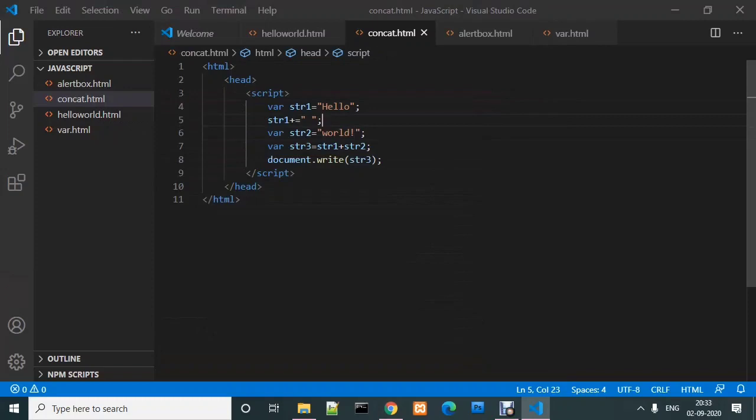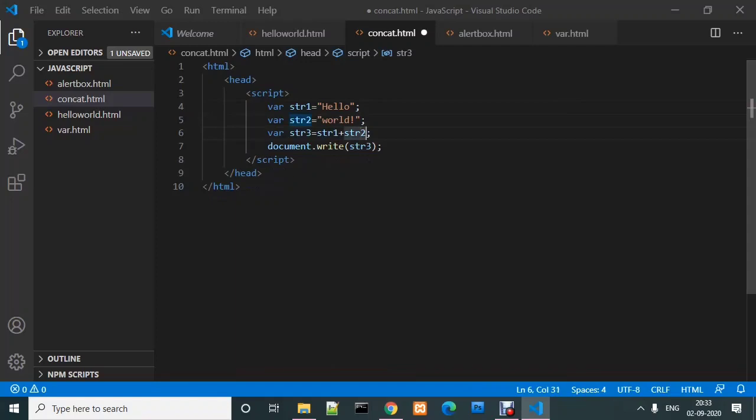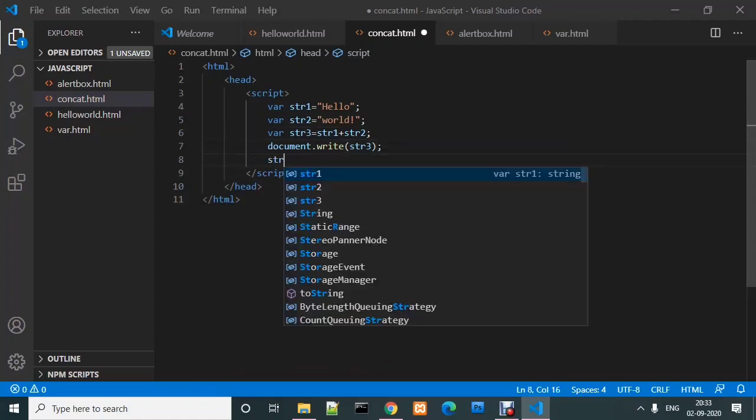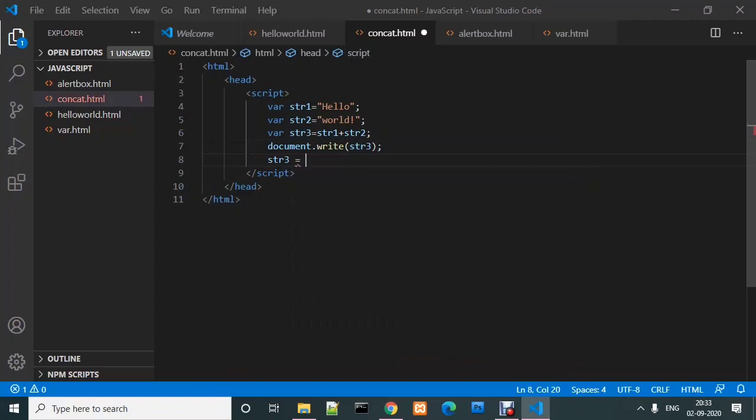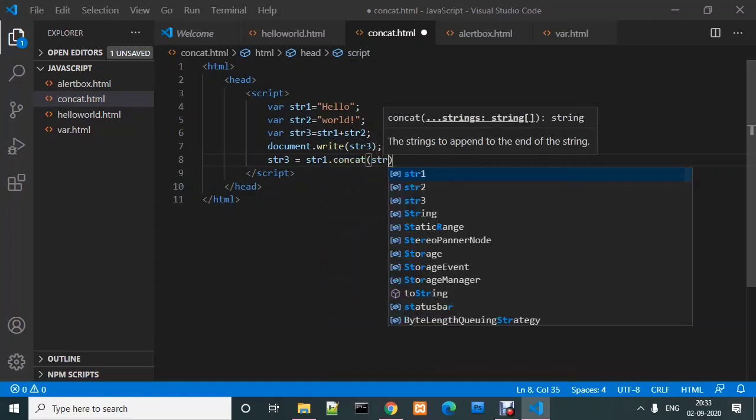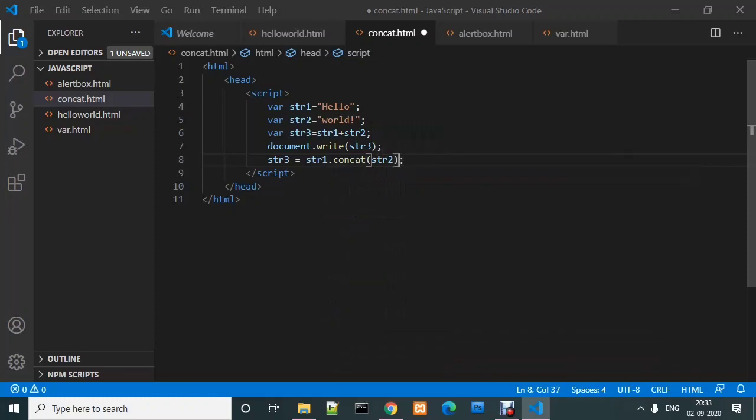Now I am using the concat function also to show the same thing. I am declaring a new variable, or we don't need a new variable, we just use this str3 to concatenate again. str3 equals str1 dot concat, and here we just have to provide the second string.